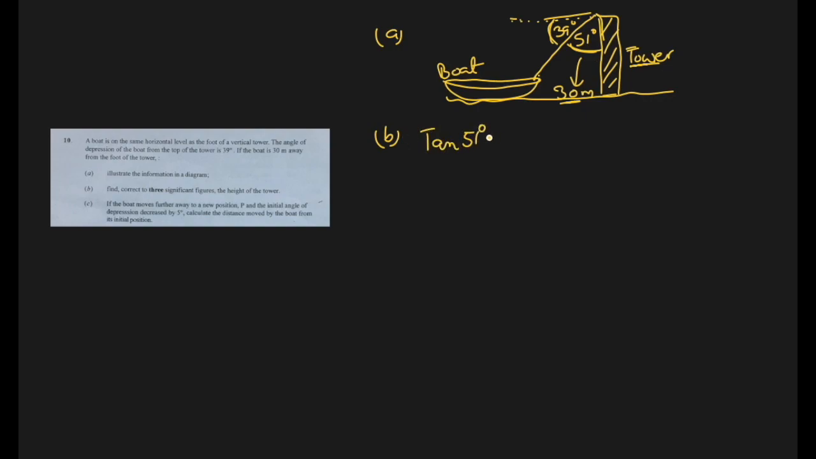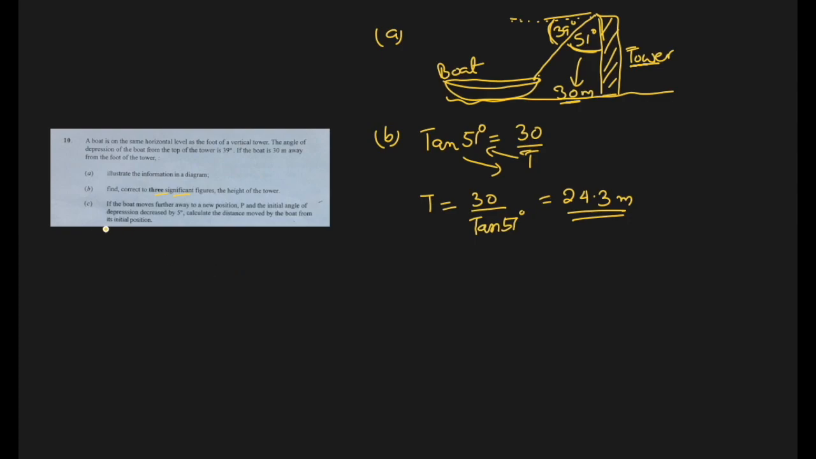tan 51 degrees equals opposite over T. T is the height of the tower. So let's cross multiply. T goes there and tan 51 comes here. So T is equal to 30 divided by tan 51 degrees, which comes out to be 24.29, and they're saying three significant figures. So 24.29 becomes